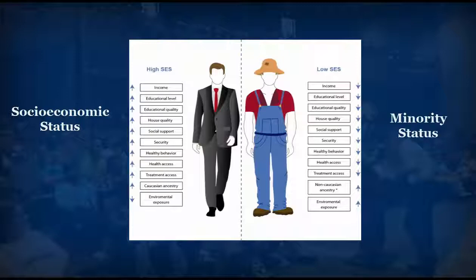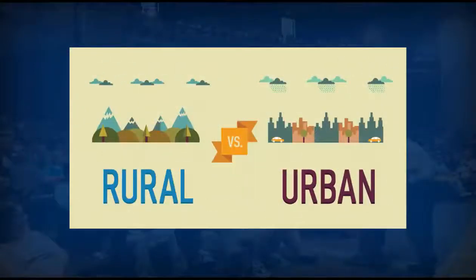So those individuals that find themselves in lower socioeconomic status or in minority groups are often associated with lower overall healthcare usage and or access overall. So we see non-white persons under the age of 65, they're about 20% less likely to be insured compared to their counterparts. And those living in rural areas face greater access barriers overall than those living in urban areas,